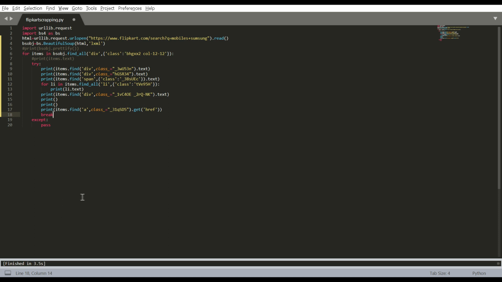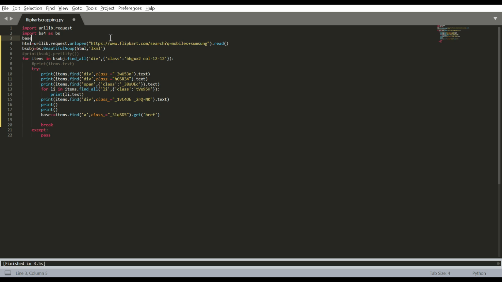Let's check that out. The next thing we got to do is traverse to that web page. Let's say we store it in a base variable which actually contains the link to the base website. Okay, so let's say we define an HTML variable 2.